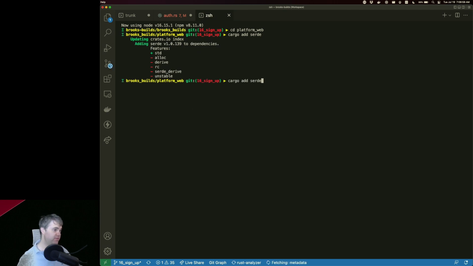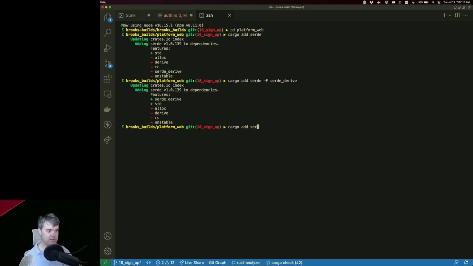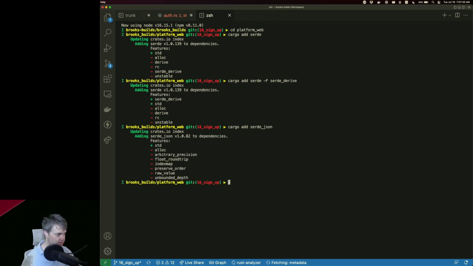Okay, yeah, so there's some features in here that we want. For example, I want Serde derive. I don't think I need any of the other features for this. And then I also want Serde JSON. I don't think I need any of those features.